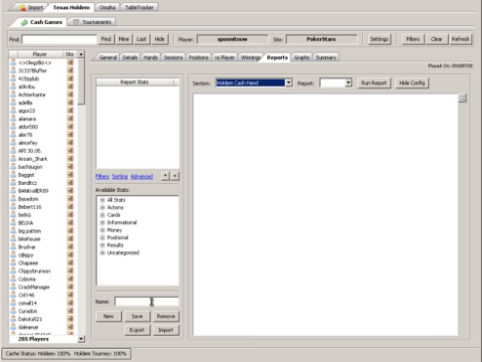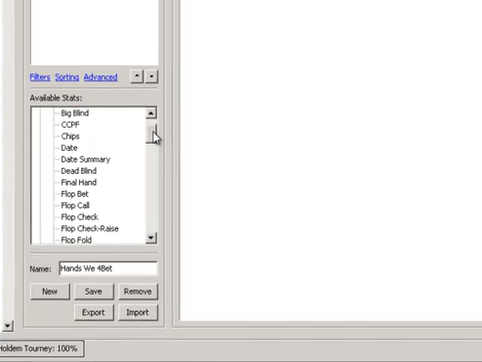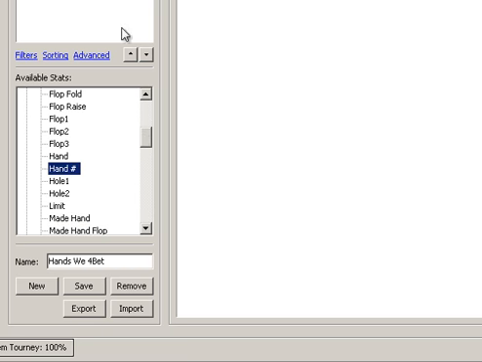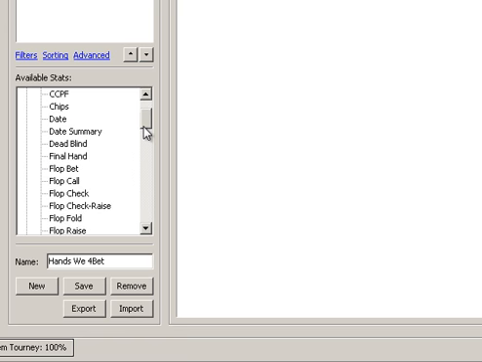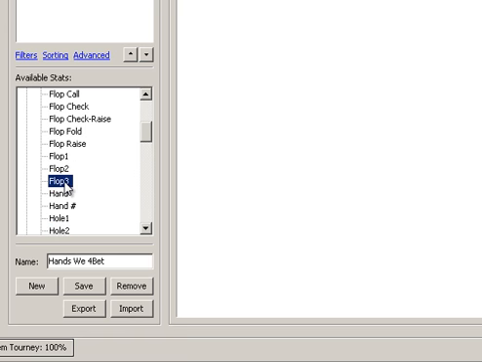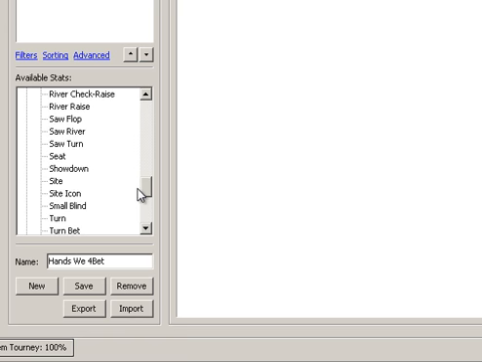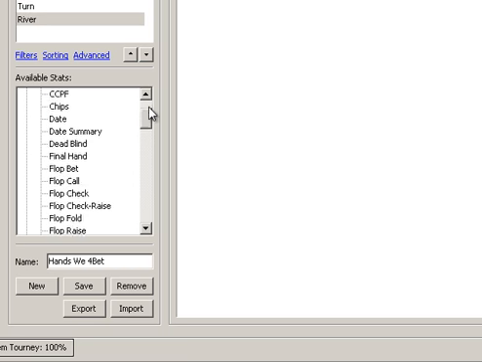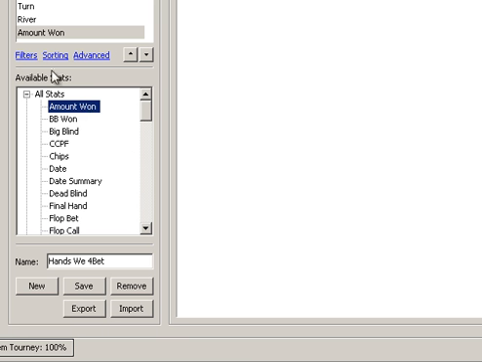So let's make a report. Let's call it, I don't know, Hands we 4-bet. And we're going to add some stats here. We'll want the hand number. You see I double click it and it comes up here. And I want my hand, my whole cards, and then I want to have the flop, turn, and river cards listed. And I guess an amount won. We'll just put that, and then